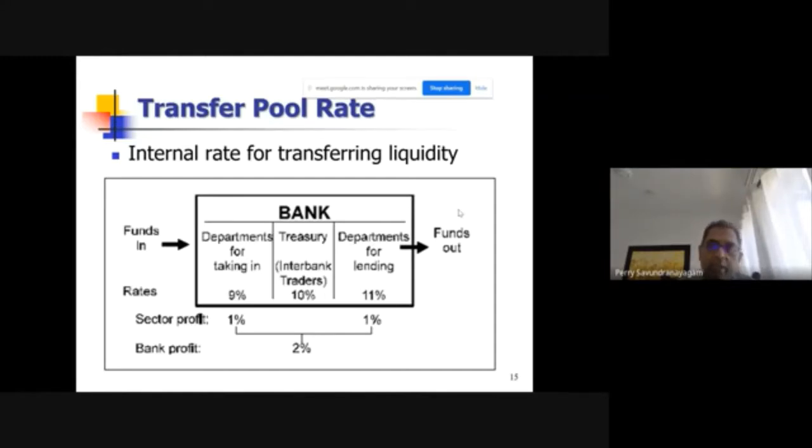So Treasury takes away market risk by borrowing at 10% from one and lending to 11. The transfer pricing rate makes sure that now Treasury has borrowed it at 10. The market risk, the risk that the rate will move in the market, sits with Treasury. So if the rate goes to 20% and corporate banking has lent at 11, whose problem is that? Treasury. So he has to manage that risk. Obviously, he doesn't wait till it goes 20. He has to do things in between that to make sure that he has managed that interest rate risk that he has.